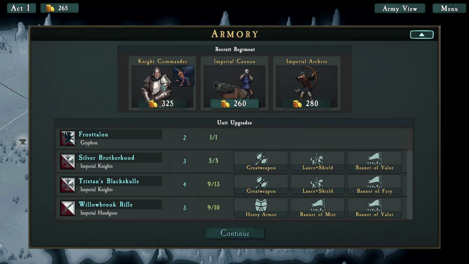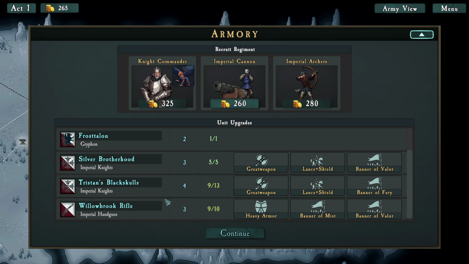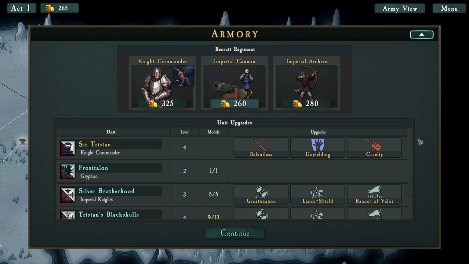Now, we could buy another Knight Commander, who would be following Tristan, but we do not have the money for that. We could get a cannon. That is interesting. We can't get anything else, unfortunately. I think we maybe think more about how we want to do this. I think Relentless is a no-brainer. As much as I would quite like this cannon, and we will struggle against multi-wound monsters, which we might be fighting here,